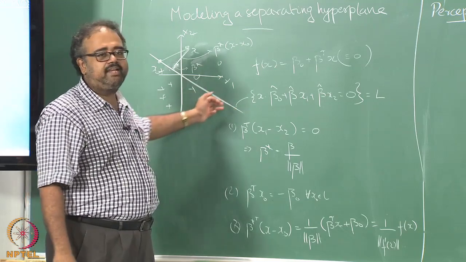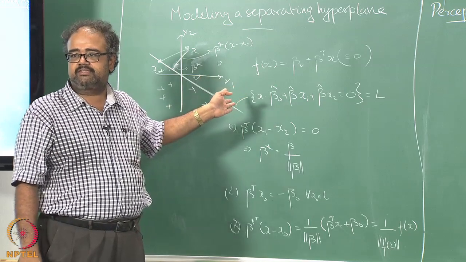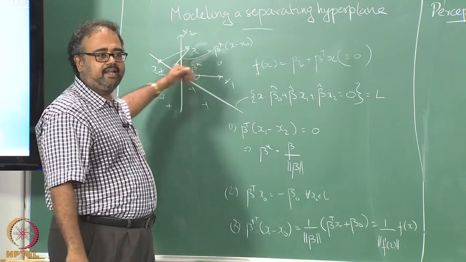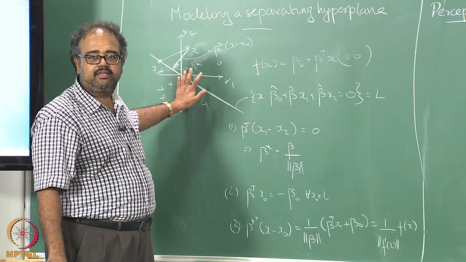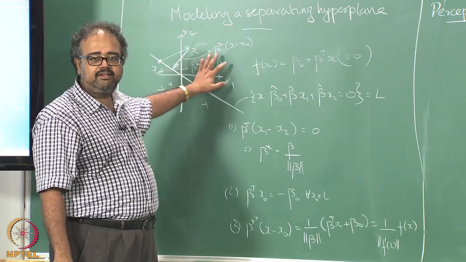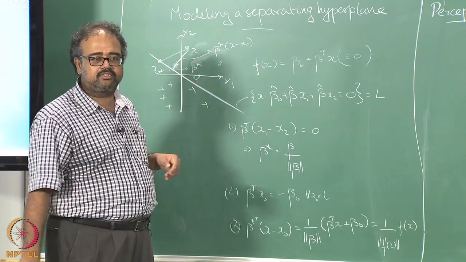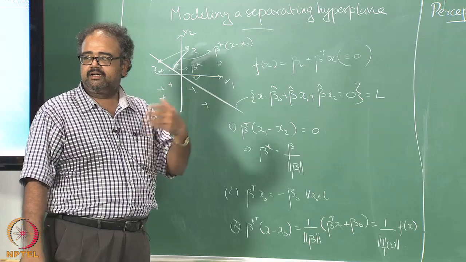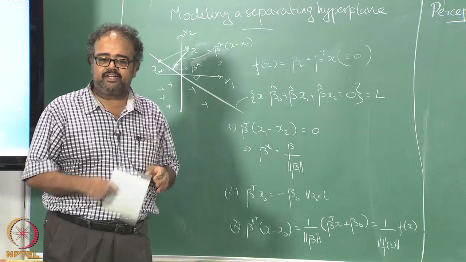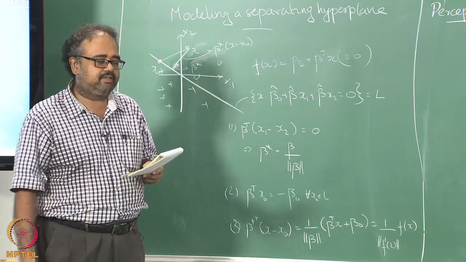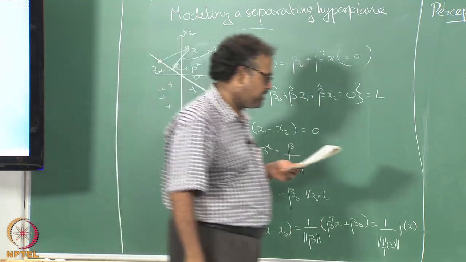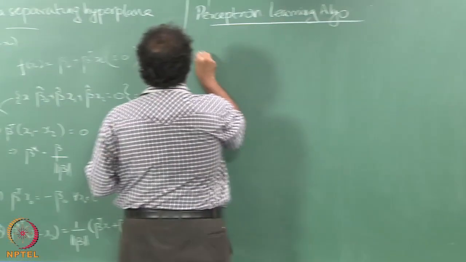In fact, if I put it on the other side, I am happy, right. I am doing the signed distances, right. So if I put it on the right side, I am happy, right. If you put it on the wrong side, well, I try to keep it as close to the hyperplane as possible, so that, well, at least there is some kind of satisfaction that we are not getting something very egregiously wrong, right. So I am going to minimize